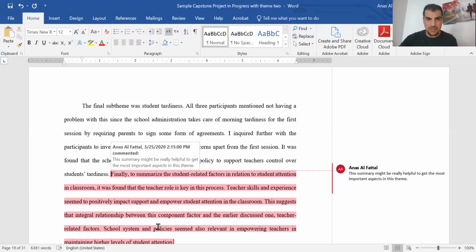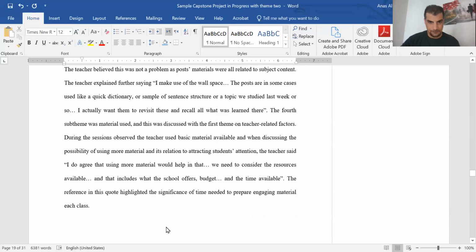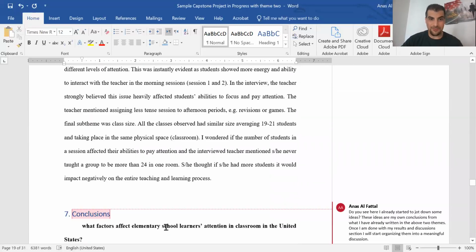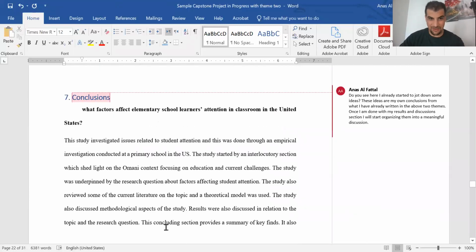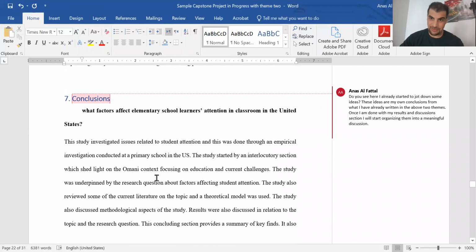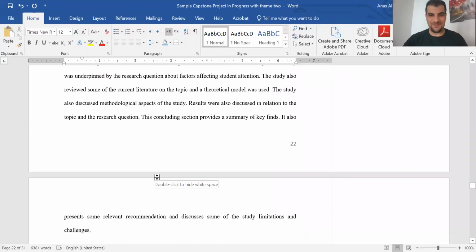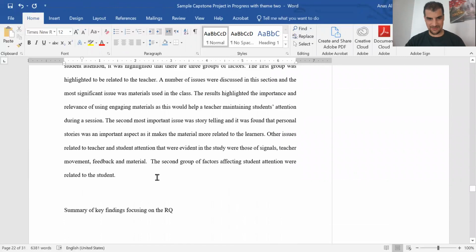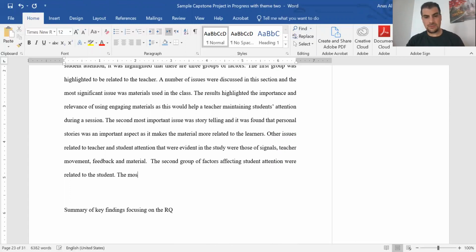So now I can go and write. Of course, now the quality of what I'm writing in my conclusion is going to be much better than what I did earlier. Again, the reason is because I read my results and discussions. So the second group of factors affecting student attention were related to the students. The two most important factors